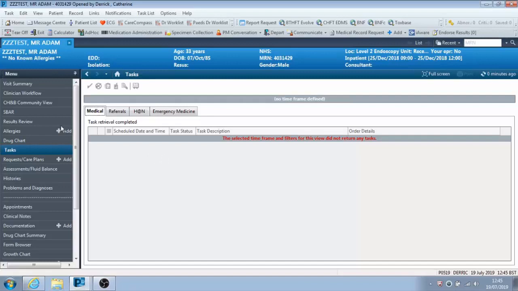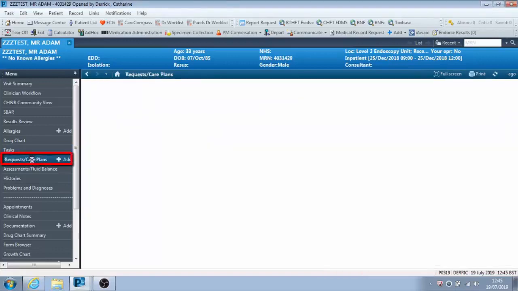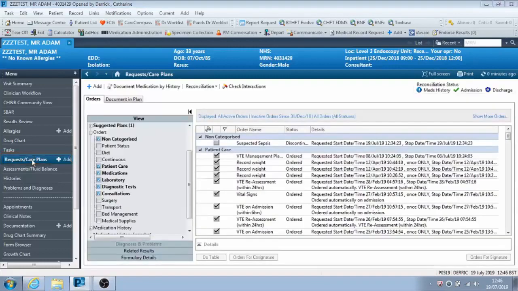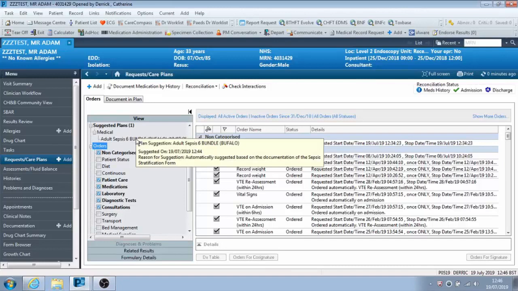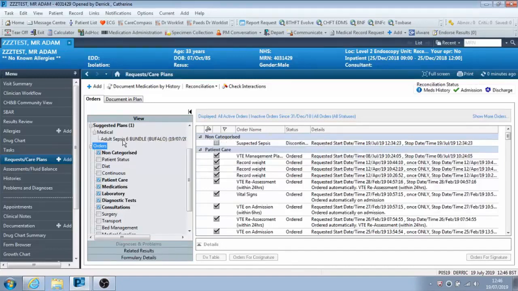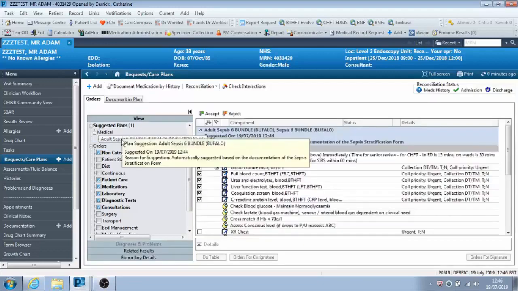If through the screening tool or through clinical judgment you feel your patient requires treatment for suspicion of sepsis, we have a bundle available within EPR for you to use. This is found in requests and care plans. Under suggested care plans, it's called Adult Sepsis 6 Bundle and Buffalo. You click on the link,